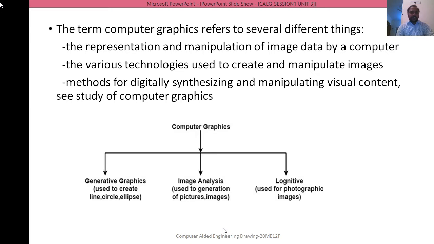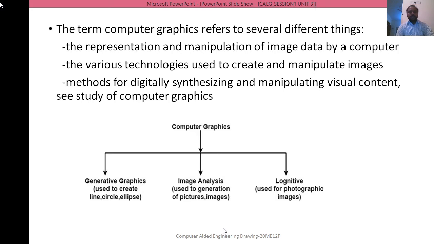Computer graphics has three types. One is generative graphics, second is image analysis, third is cognitive analysis. First one, generative graphics. The name itself implies that it is used to generate a line, ellipse, circle, polygons, etc. Second one, image analysis.